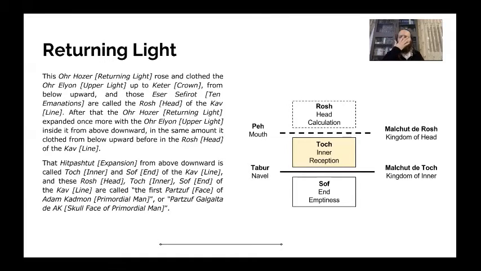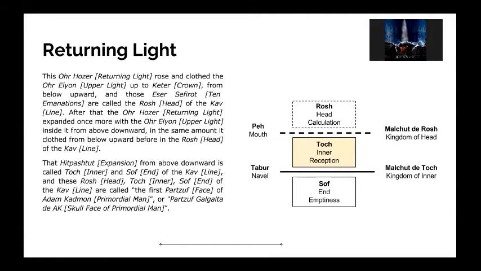You need that syringe to be able to contain the medicine. It's why we say that after the barrier, no longer is phase 4 your vessel of reception, but rather the Or Chozel, the returning light, becomes the vessel of reception. And then the question is, well, if I'm rejecting it, how does that become my vessel of reception? What's the concept of the syringe, where the syringe contains the medicine that you're trying to inject into yourself? Yes, Moshe.